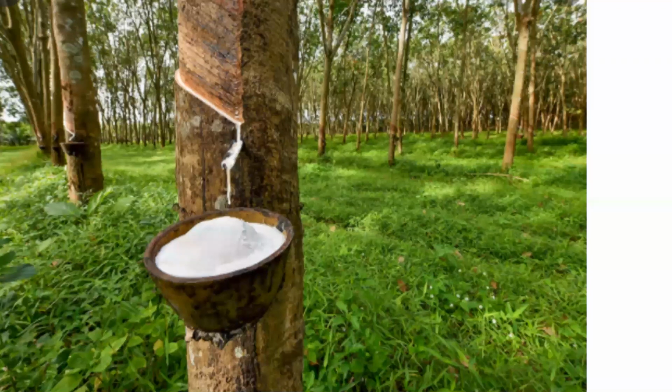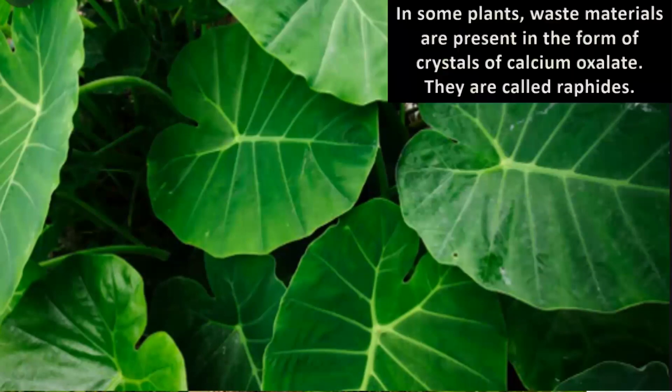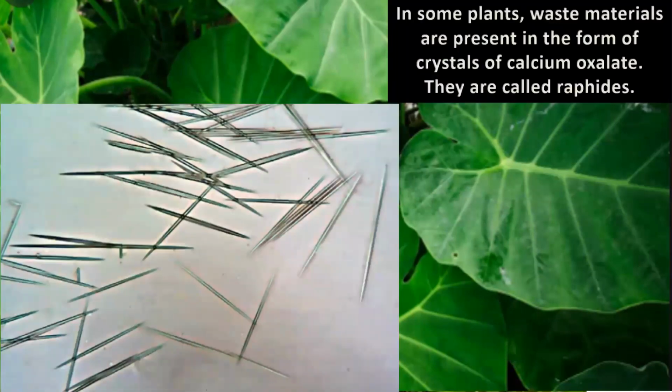And the new type of excretory material in plants, which we have studied yesterday, is something called as raphides. Do you remember the taro leaves which we studied? Exactly. These leaves have few very small, very tiny, pricky material which are very thorn-like, made up of calcium oxalate in nature, and they are called as raphides. Correct, the crystal part. And under microscope, they look something like this.